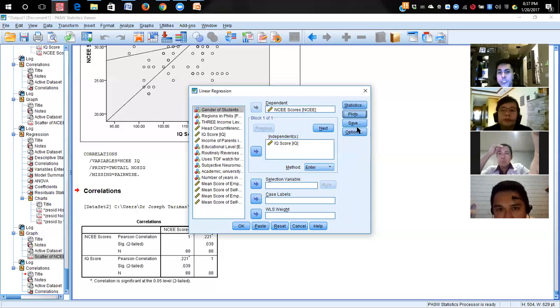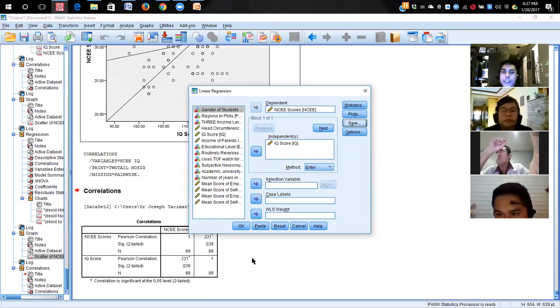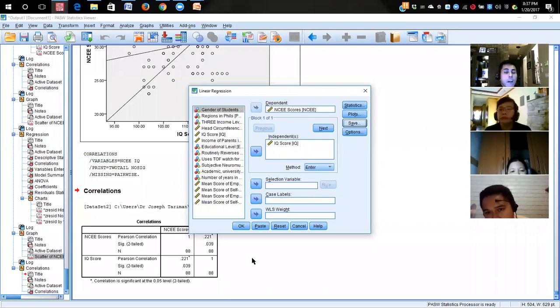And then we don't need to use this save option here. This is really for very fancy stuff, if you want unstandardized, standardized, studentized, deleted, or studentized deleted. We don't need to do that. We could just use our very basic plots to check for homoscedasticity and heteroscedasticity, which are a very important part of our assumptions for